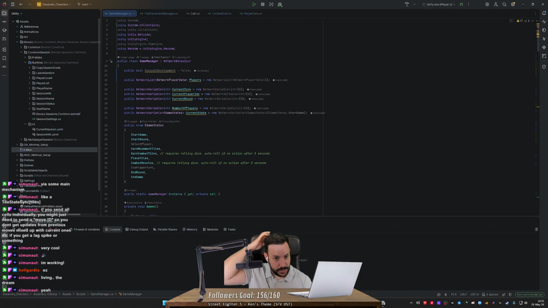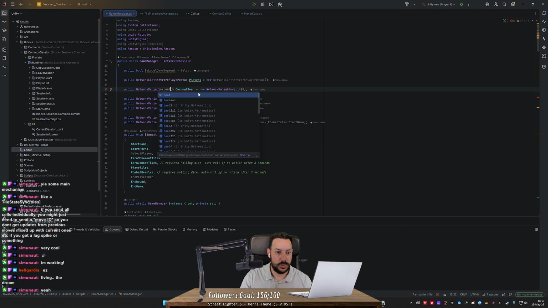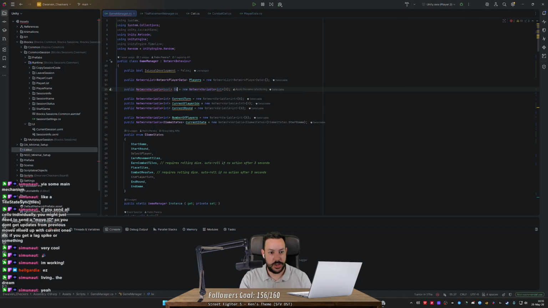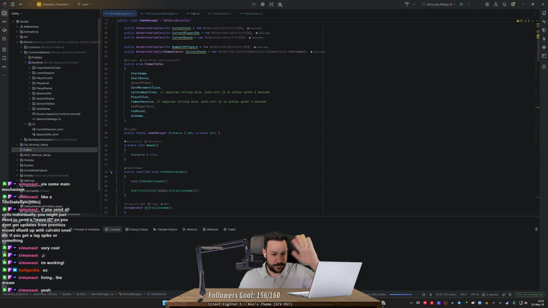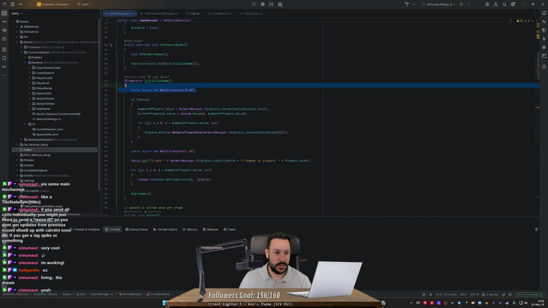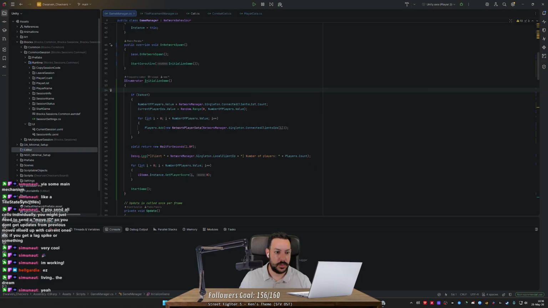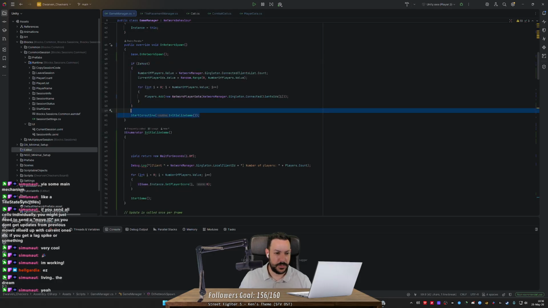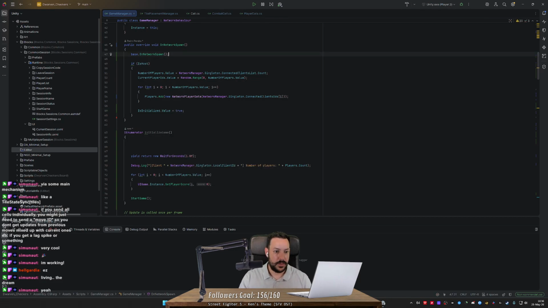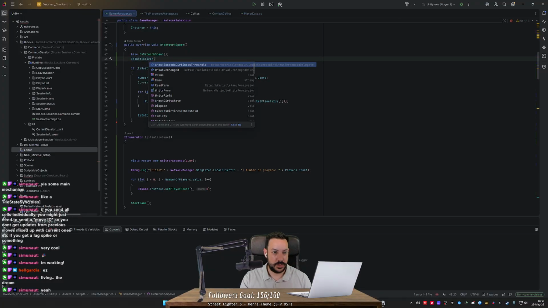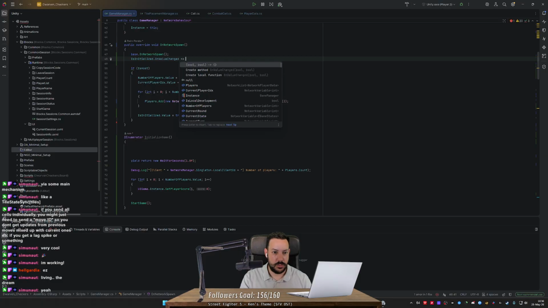Okay, I'm kind of tired of this, so I'll need to do the other thing. So network variable, I'm gonna put a bool. I'm gonna put an is initialized. It's gonna be a bool false. Bro, stop. Oh my god. And then on initialize game, well, I don't need the coroutine anymore. I'll add the players and then I'll do is initialized dot value equals true. And here I'll say is initialized dot on value changed plus equals